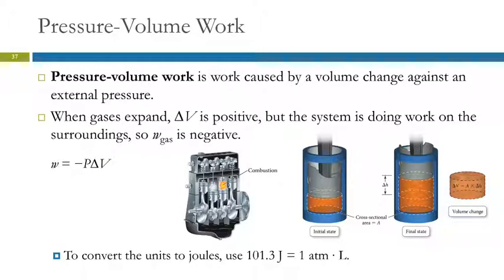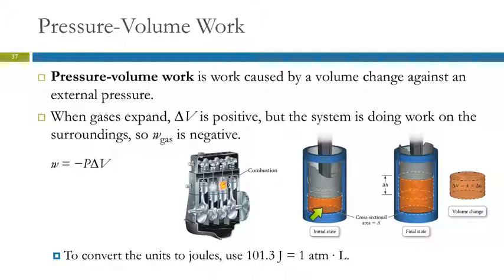So we've talked about heat, which is a way of energy being transferred from one object to another, and the other way that energy can be transferred is through work. One type of work is called pressure volume work, and this is caused by a volume change against an external pressure. So we can look at this piston assembly here, and we've got this orange gas, and that has an